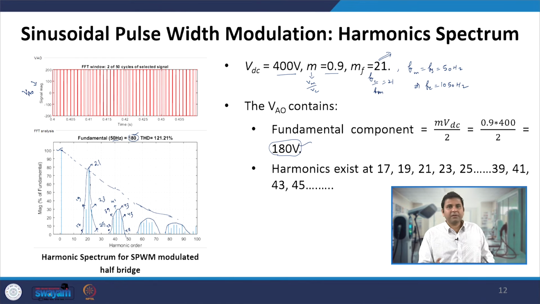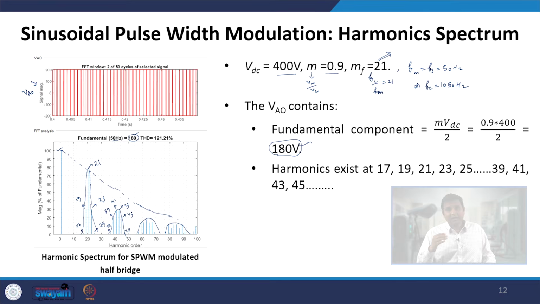We want only the fundamental component, we want to convert DC to AC or AC to DC. So we are only bothered about the fundamental component, but along with the fundamental we are also introducing harmonics. But we can push these harmonics to very large frequencies, and thus design smaller filters to filter them out. We can easily design a low pass filter which allows only the fundamental component to go through, while filtering out those harmonics which exist very far away from the fundamental component.